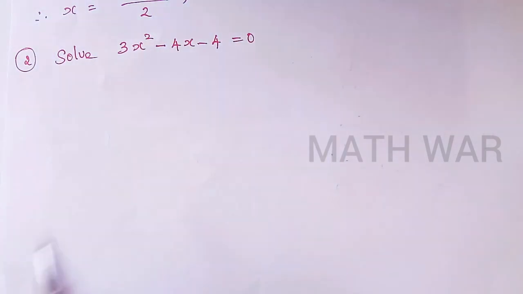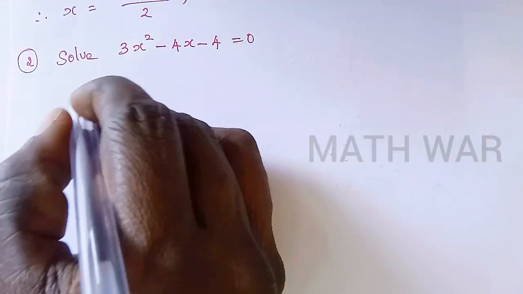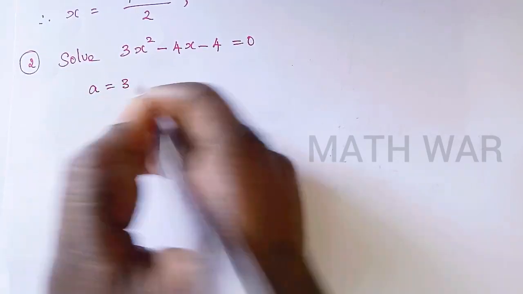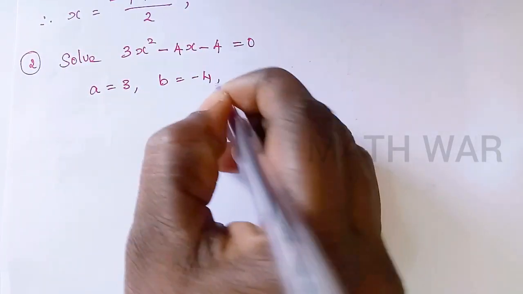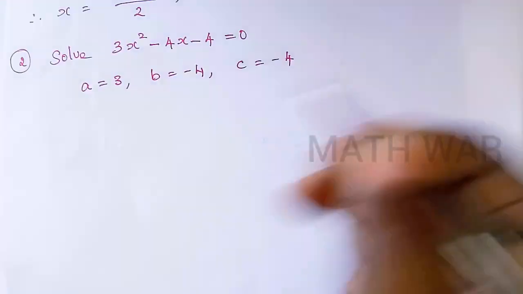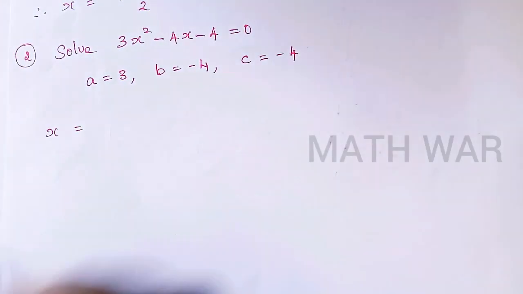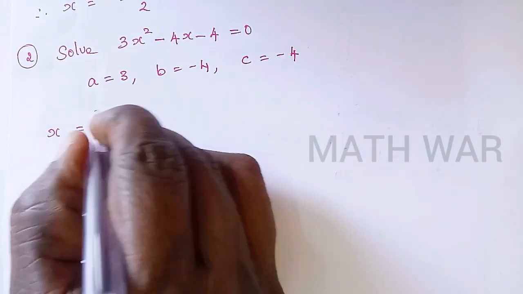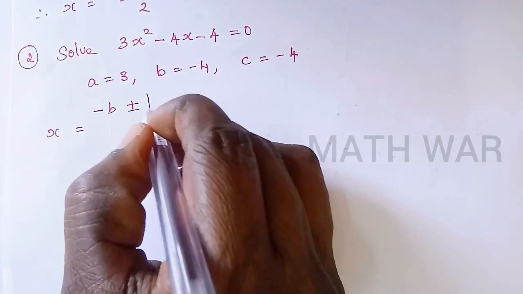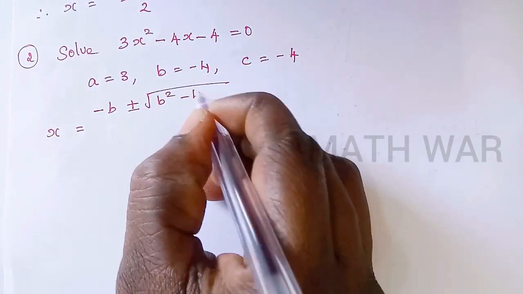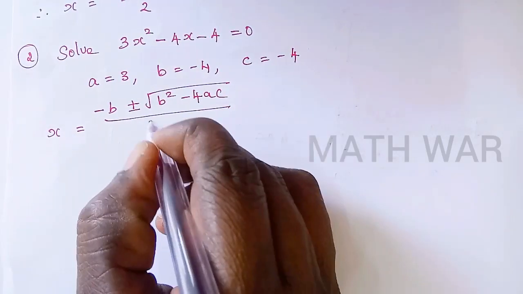And if you compare with the general form of a quadratic equation, ax square plus bx plus c equal to 0, we can see that a equal to 3, b equal to minus 4 and c equal to minus 4. And we are going to use formula method. So x is equal to minus b plus or minus square root of b square minus 4ac divided by 2a,